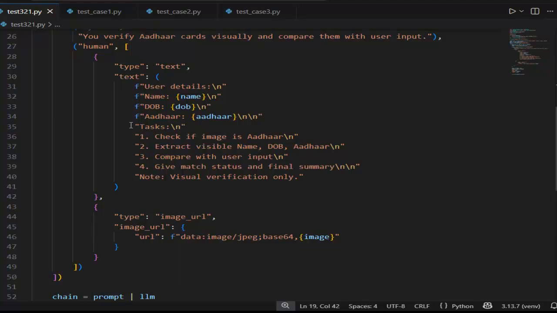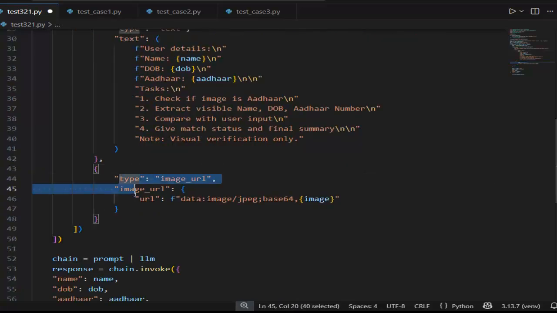And also here we define different tasks that guide the model step by step. You can see: check if the image is an Aadhaar card, extract the visible name, date of birth, and Aadhaar number, compare with user input, give match status and a final summary. And note: visual verification only. So it is clearly mentioned that this is visual verification, not UIDAI authentication, right? This prompt controls the entire behavior of the application.